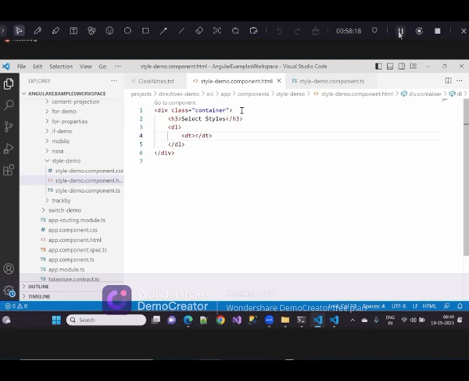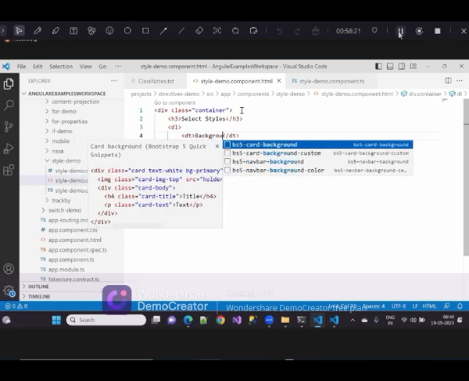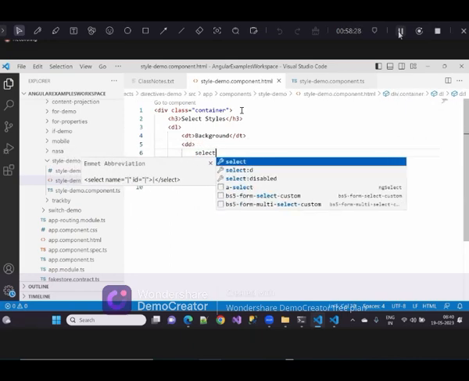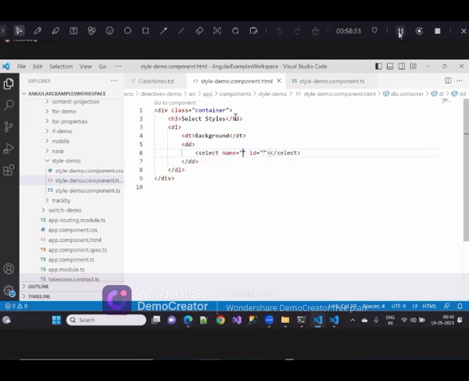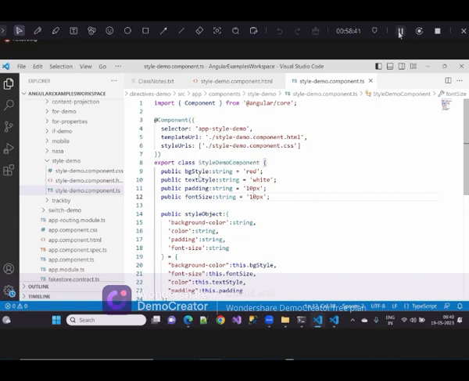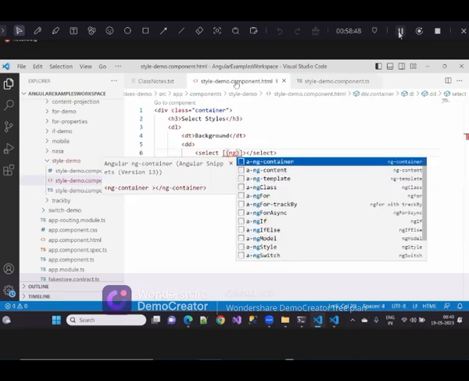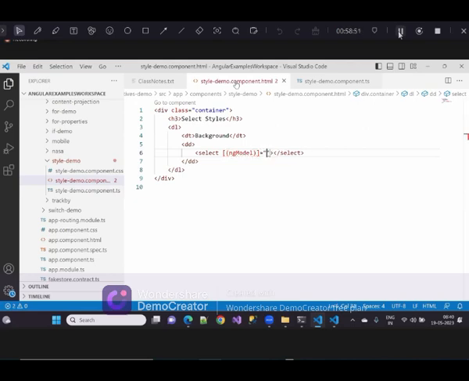and where I can have a DL, I can have the DT, and I'm going to give something like a background. And here, let's have the DD, and where I can write the select over there. I'll go with MVC. Here, whatever the value user has selected, I'm going to append to this particular one. That means the background style. BG style is the property now. So that I can go to here. Let me go with the ng model is equal to, I can give the background style